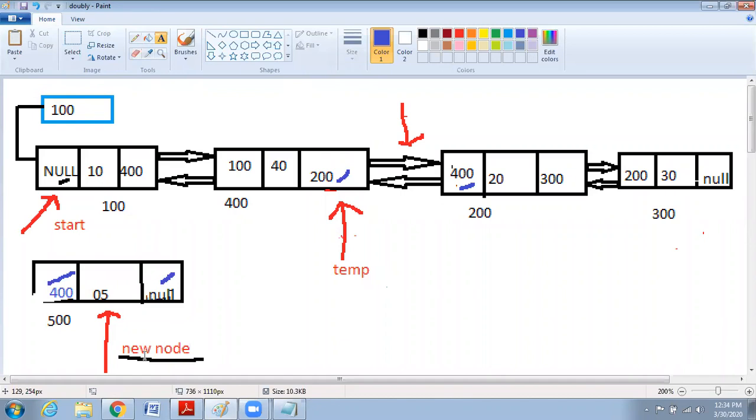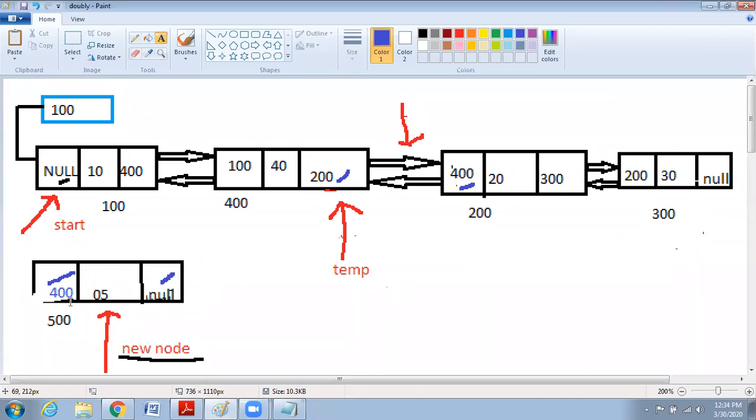Now, new node's right. What is the new node's right equal to? 200. Where can I get it? Temp is 400, so where can I get 200? Exactly, temp's right. Very good.